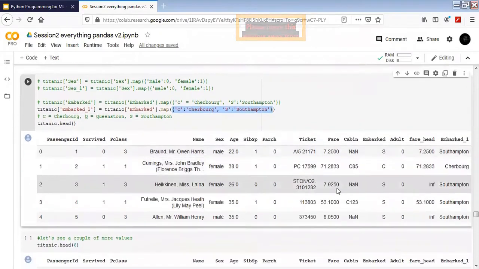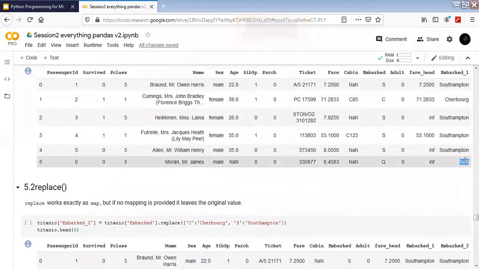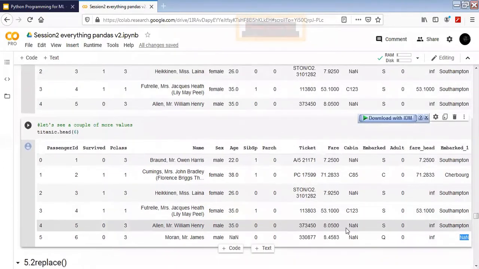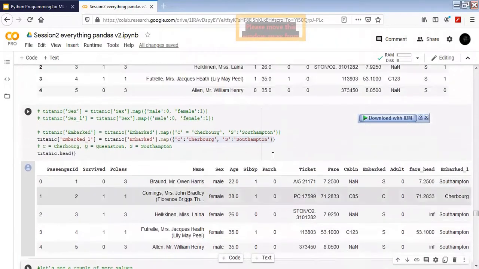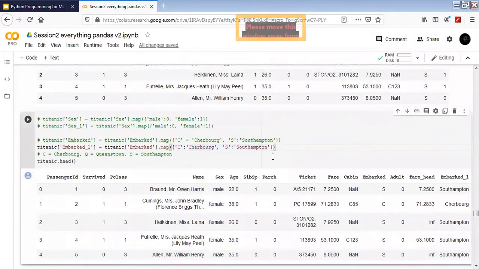If you don't, you will see an error like NaN. If the category exists in the column but you have not mapped it, it will automatically get converted to NaN, so it's replaced as a none value. That's the only shortcoming of map.